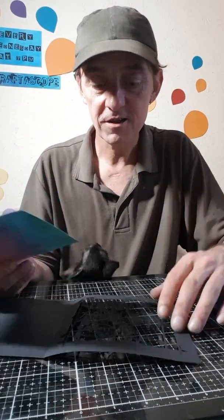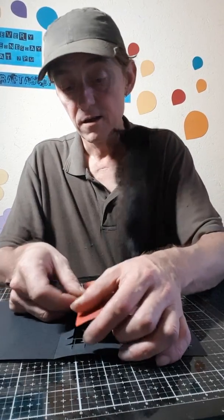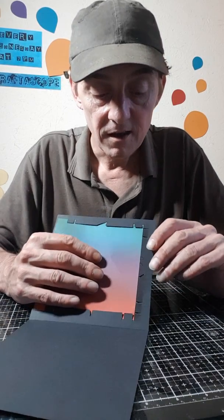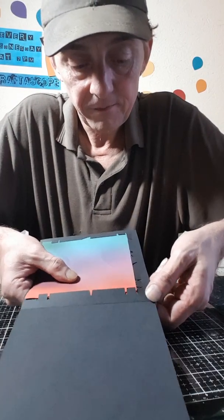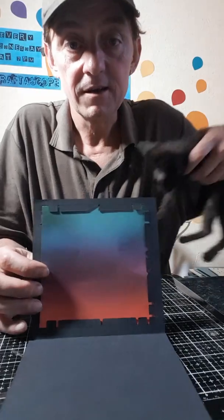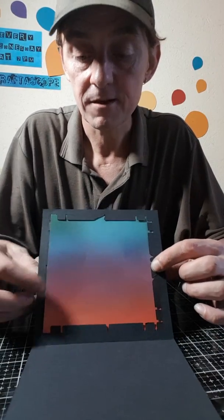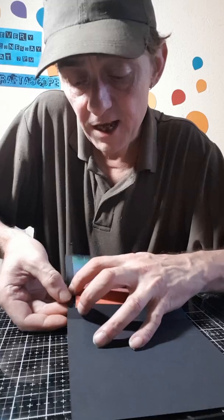So you take your card, slide it into one side, slide it into the other side underneath the tabs. Then if you slightly lift these tabs at the end and just feed the card in, there you are. So if you see, I fed it into the side tabs and then just slid this along into the end tabs. When you come to this section, all you need to do is you lift,